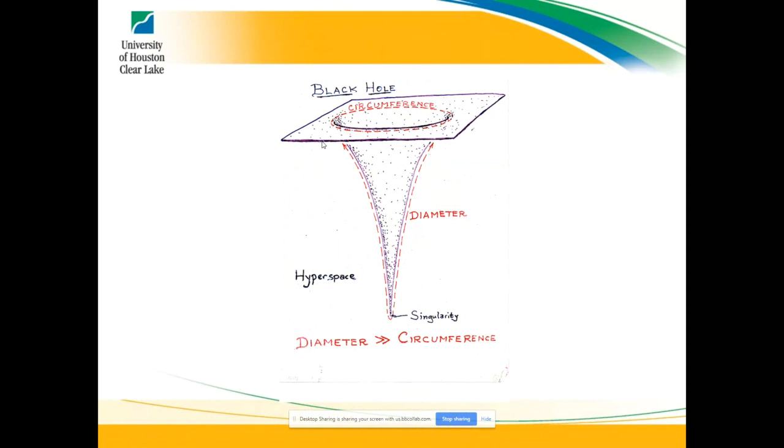So black holes are these things that can form as a result of the space-time. And these things are basically geometric anomalies, I guess is the better word for it. Because a black hole is where you've curved space-time to a point so extreme that the diameter is actually greater than the circumference of the circle. In other words, to go through the circle is actually further than going around it. And the space-time curvature is so weird that it actually works out that way.